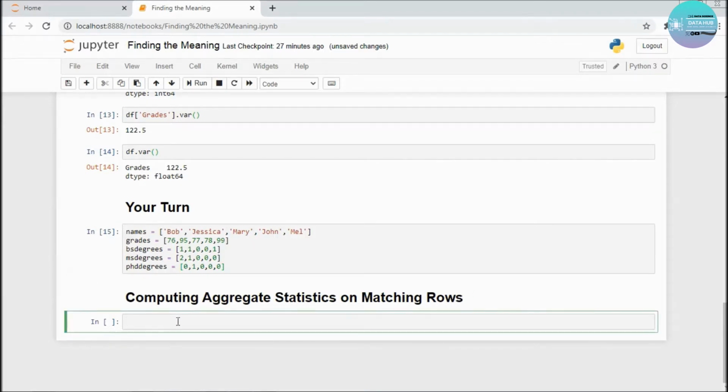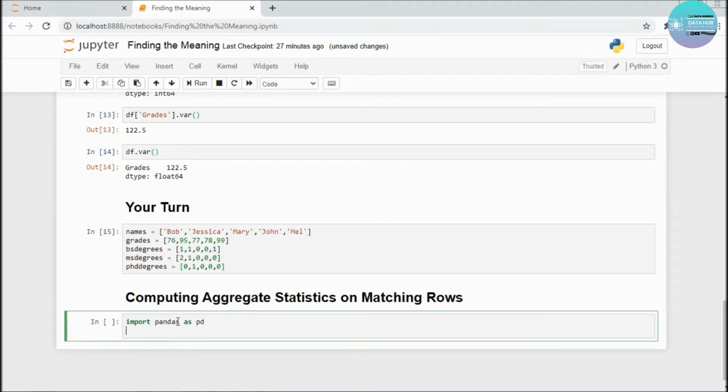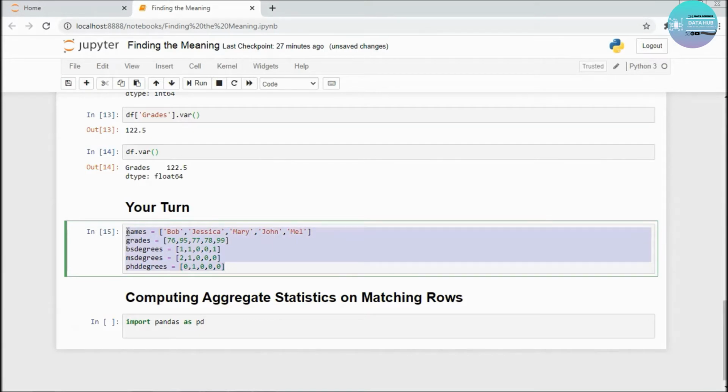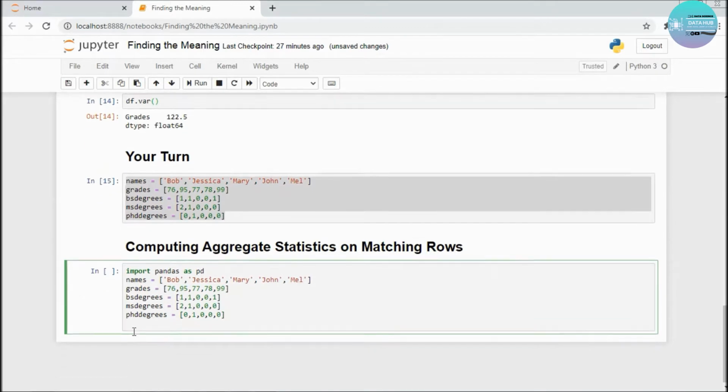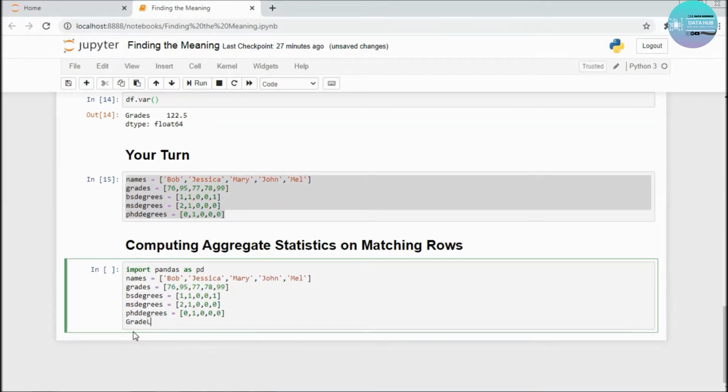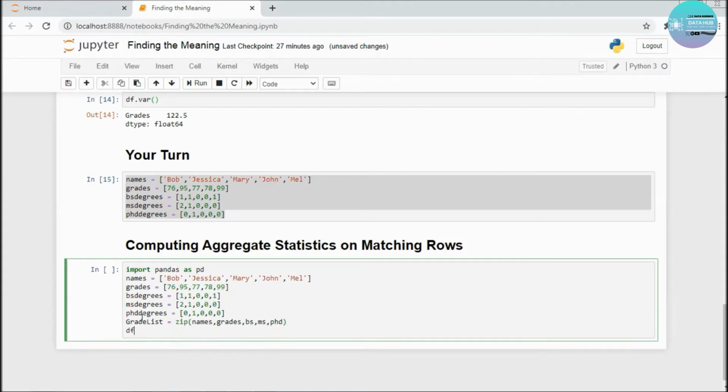Now let's import pandas as pd. Now we have to copy down what we just served here. Now we will write, create list, zip names, grades BS MS PhD. Now df is equal to pd dot DataFrame,